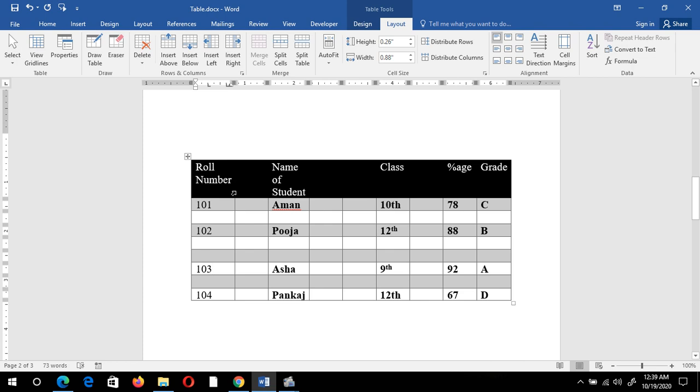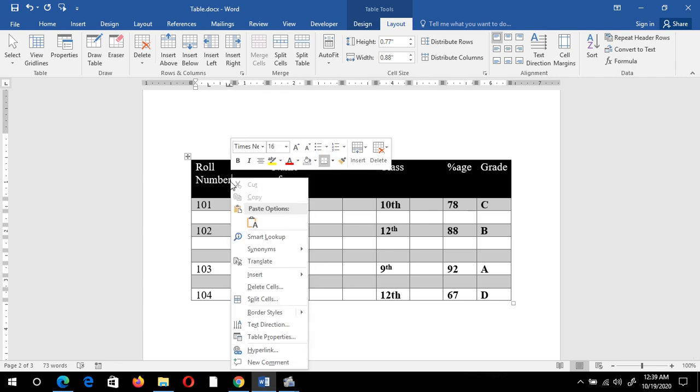We have one more method, that is just keep your cursor in between the column anywhere and right click with the mouse. Then you will get a dialog box. From this dialog box, this time you have to select the insert option and you can see some more options, that is insert column to the left, insert column to the right.